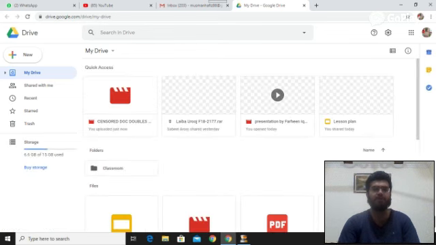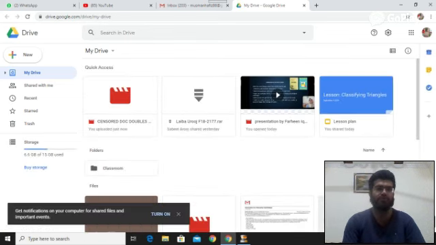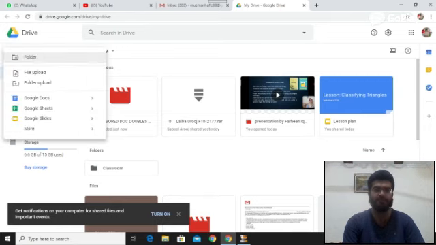Now after recording your presentation, you will simply go to this new tab on the left upper corner and click on it. Now it gives you two options, either to upload a file or a complete folder. So you're supposed to choose the first option, that is file upload.